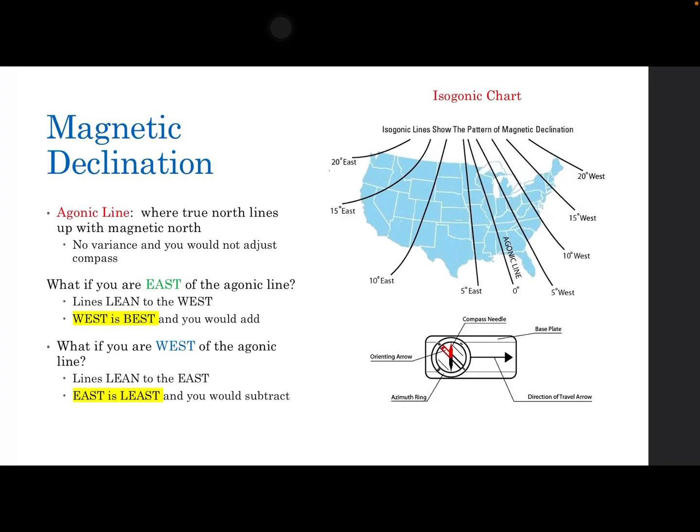So when measuring on a map, we have an isogonic chart. This is what it is. And it's saying that here is the agonic line, and this would be where true north matches up with magnetic north. So that would be the 0 degree line. But